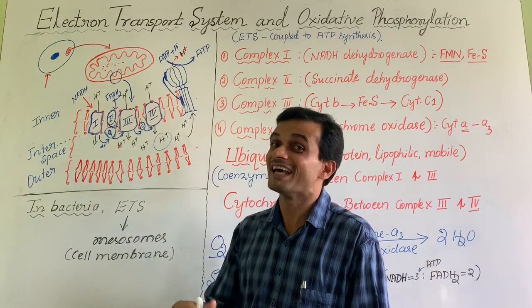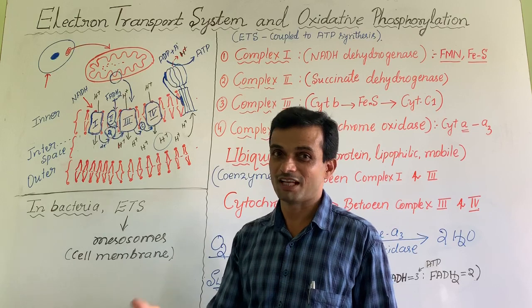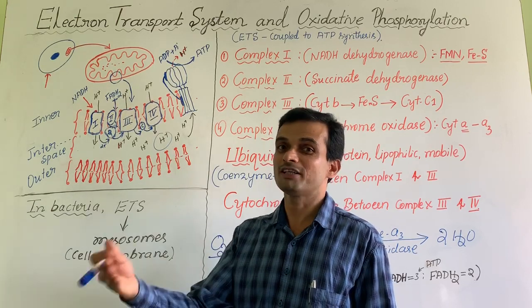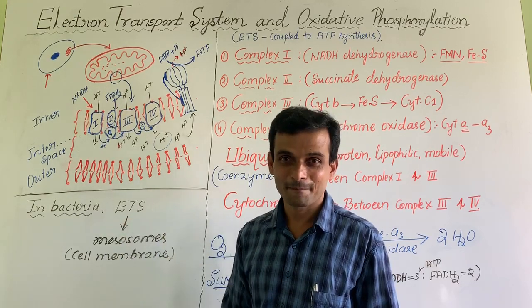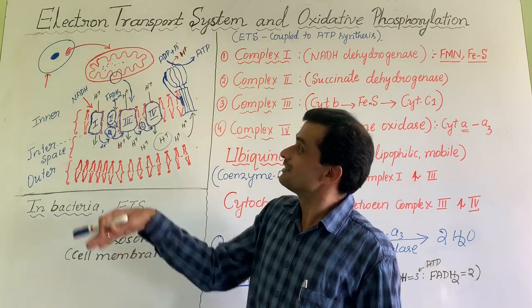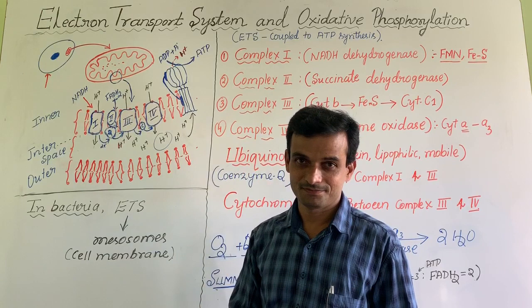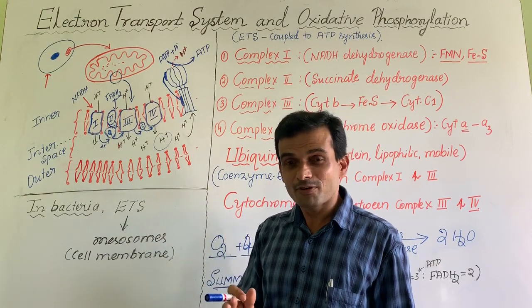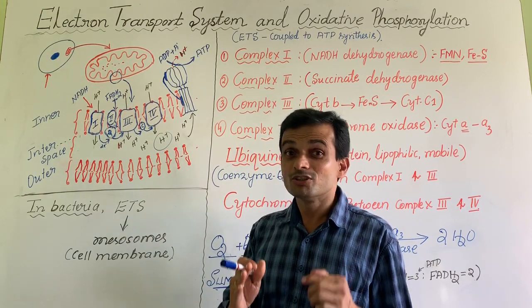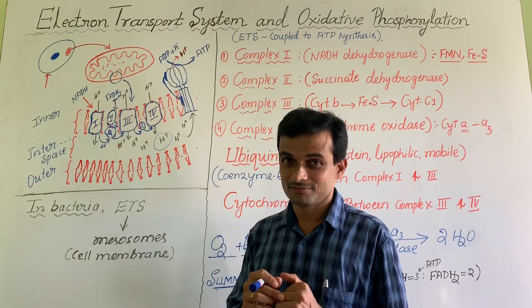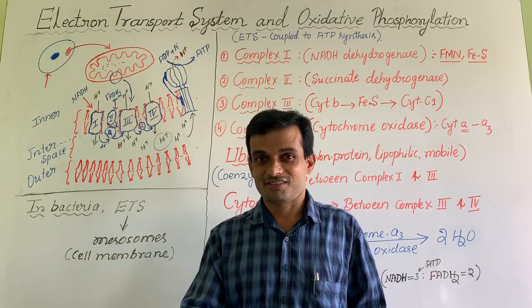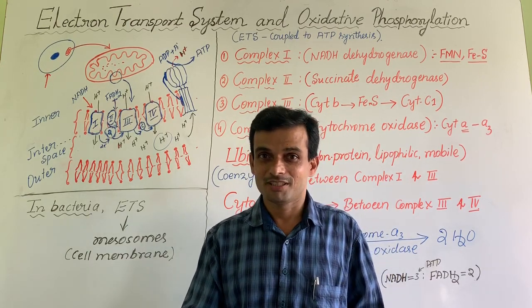Glucose cannot be oxidized directly in one step. After glycolysis, pyruvate goes to mitochondria. Krebs cycle begins. And then this ETS will operate. There is ATP synthesis. This type of mechanism is most important for NEET. So we will try to discuss this kind of mechanism in the next video.